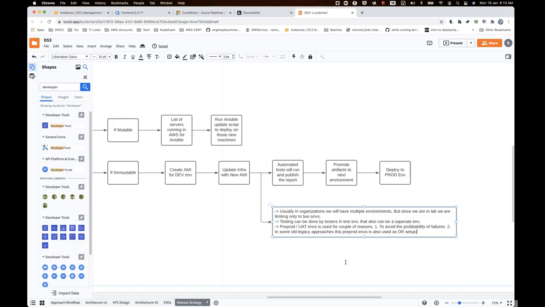In today's world, we're not really maintaining any DR setup. DR is not a preferred approach in the cloud era, because in the cloud you get billed as per your usage. Cloud providers say they provide high availability, but you should have some strategy around that.